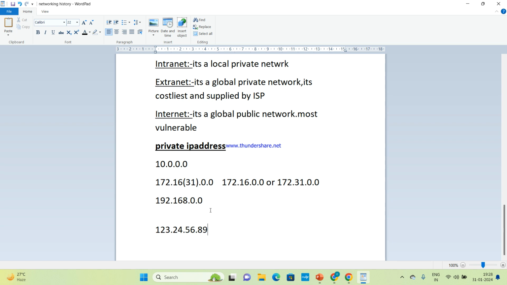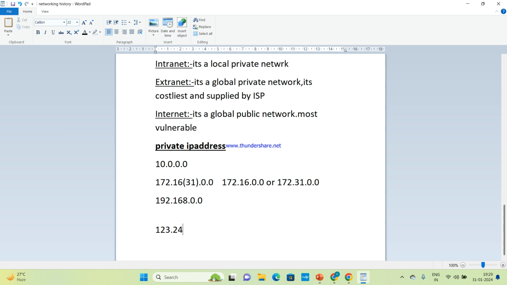Now, how to allocate IP addresses? We need to know CIDR blocks. In VPCs there is a CIDR block. There we'll create CIDR blocks.